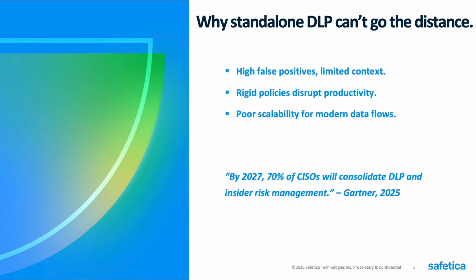And when talking about how things are not as simple as they once were, that also goes hand in hand with this slide here, which is why standalone DLP can't go the distance, or why it just doesn't really hold up nowadays. You do get a lot of false positives when you are using some sort of standard DLP, historical DLP, whatever it might be. But if you're purely utilizing keywords and regexes and stuff like that, you'll get somewhere, of course. But you're still going to introduce a lot of false positives if you're thinking about bank account numbers or credit card numbers or even social security numbers, depending on how these regular expressions are formatted.